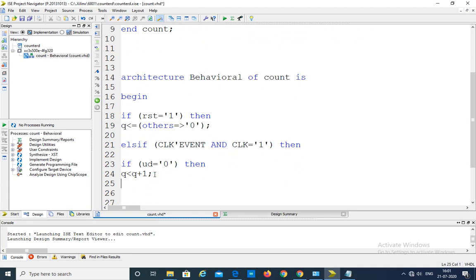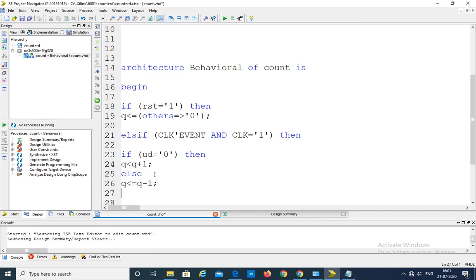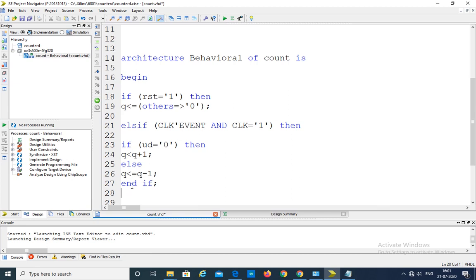Else, if UD pin is 1, then Q is equal to Q minus 1. Now we are ending the if statement. Here I am ending this if, and now this if is ending again, end if here.